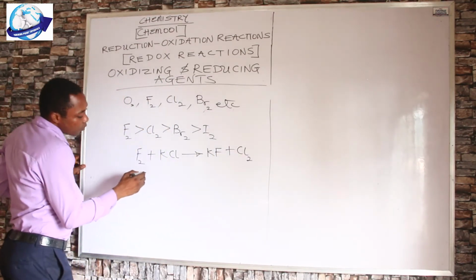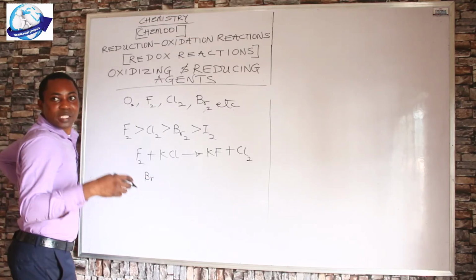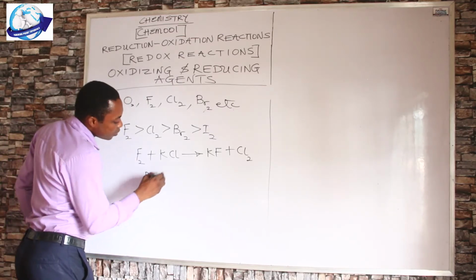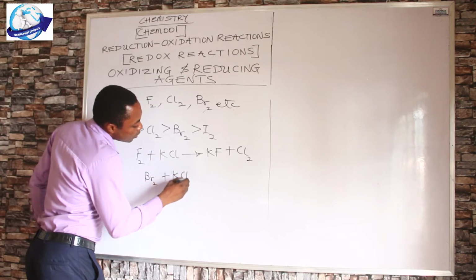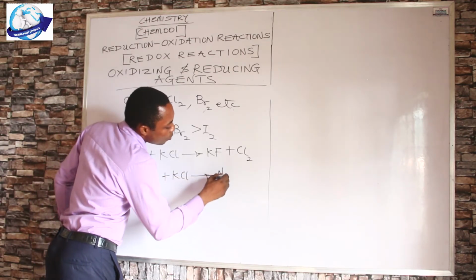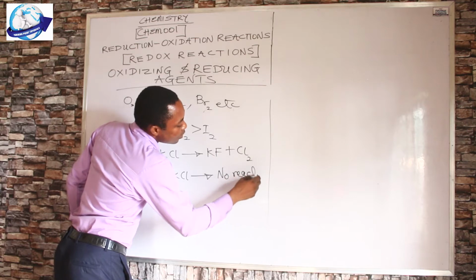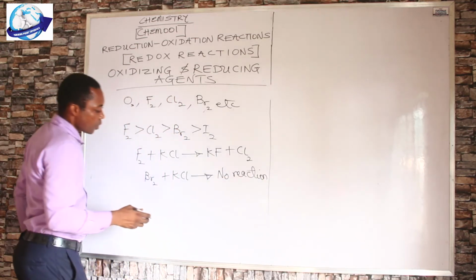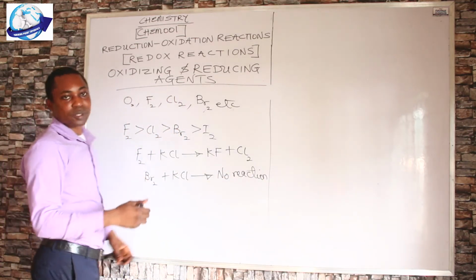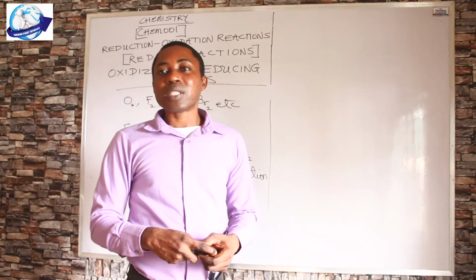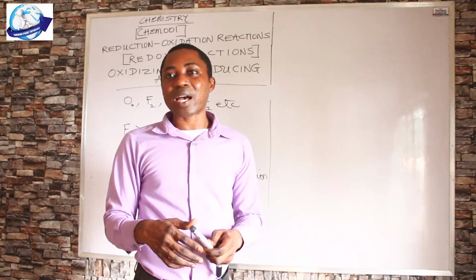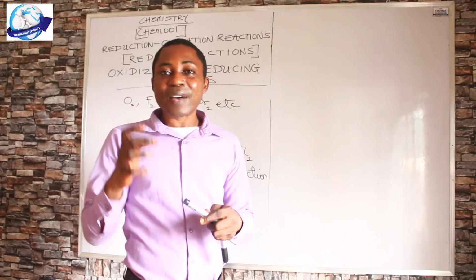But in the case of bromine reacting with potassium chloride, no reaction will occur at all, because from the periodic table chlorine is higher than bromine, so that's not possible. Now, more examples of oxidizing agents are: